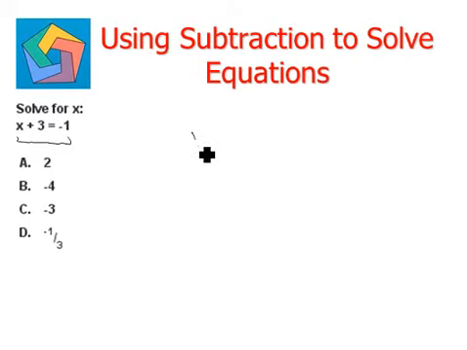Let's understand the concept with the help of this question. x plus 3 equals negative 1. To solve the equation means we have to find out the value of x in this equation. Now we see that on the left hand side of the equality sign we have x plus 3. In order to find out the value of x, we have to do away with this 3 from here. To make this positive 3 as 0, very simple, we subtract 3